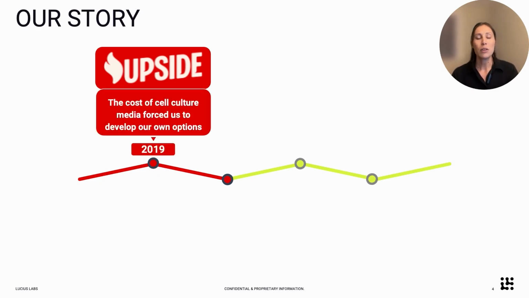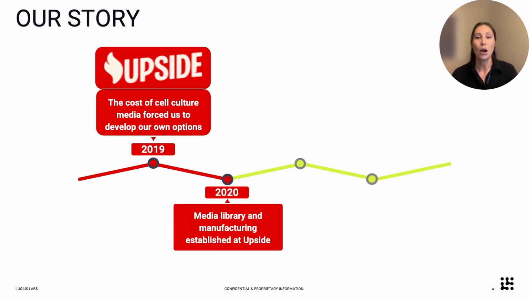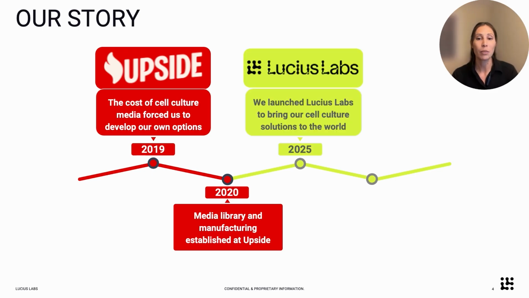So around 2019 is when we developed our cell culture media team here at Upside Foods, and this was with the sole intent of developing our own cell culture media options. Around 2020, we had established our internal media library, our own proprietary formulations, as well as media manufacturing and analytics at Upside. In 2025, we launched Lucius Labs with the intent of bringing our cell culture solutions to the world